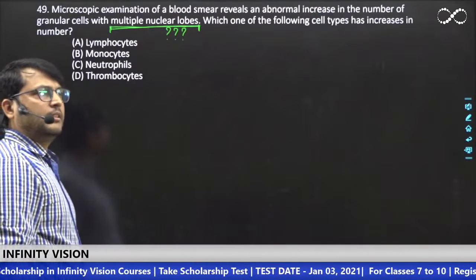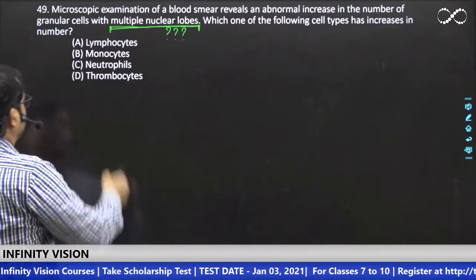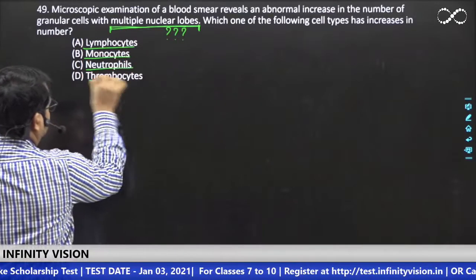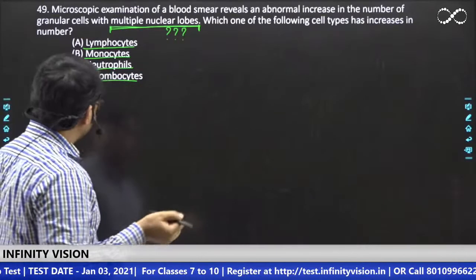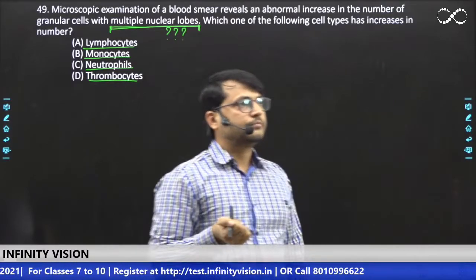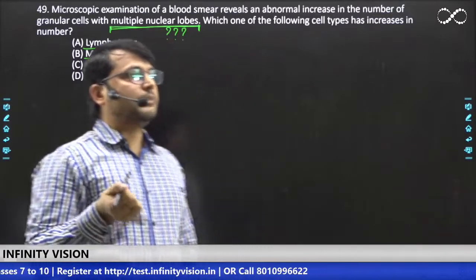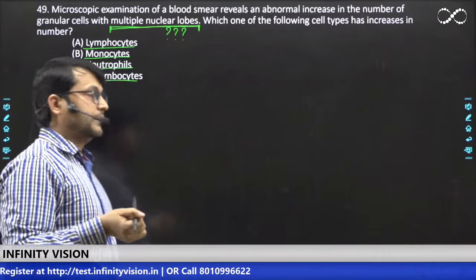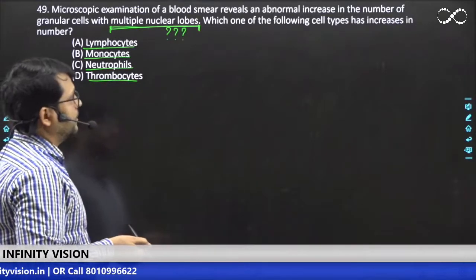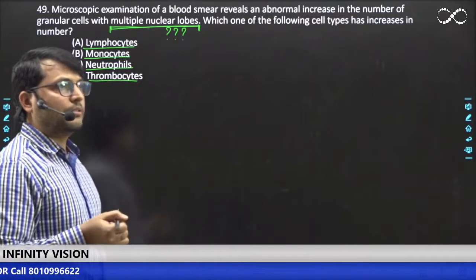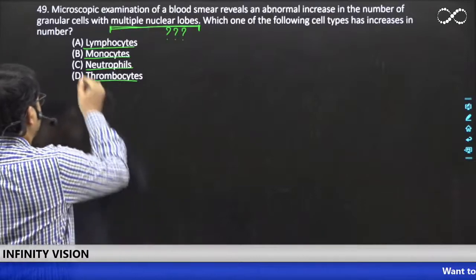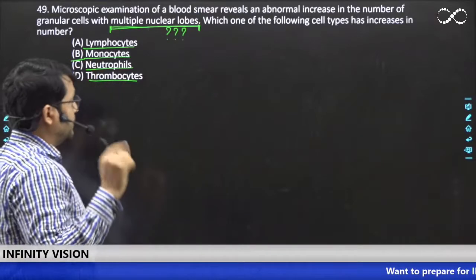Okay, I can see comments coming in. We will talk about that. The options given are lymphocytes, monocytes, neutrophils, and thrombocytes. Great. Chalo, I can see everybody is commenting for C, and C is neutrophils. We will look at whether these options are right or wrong. Online Edu is saying B, monocytes. Okay, let us see.